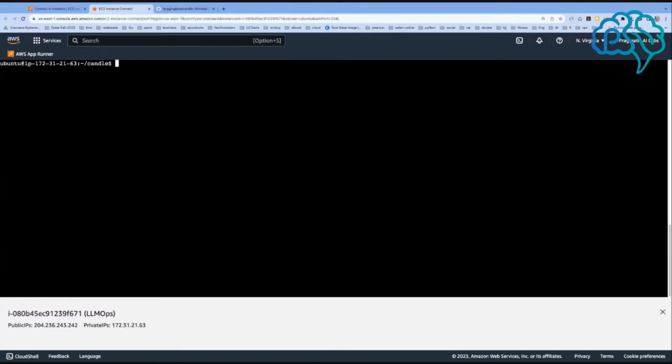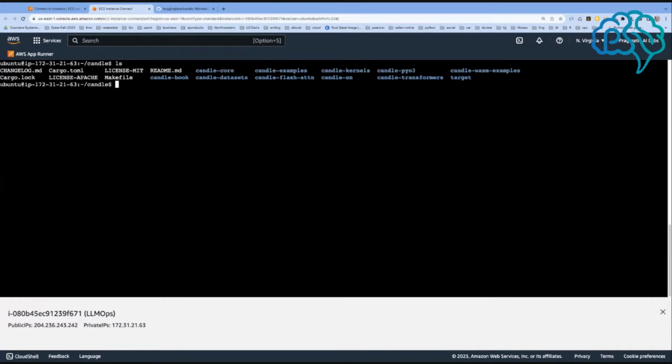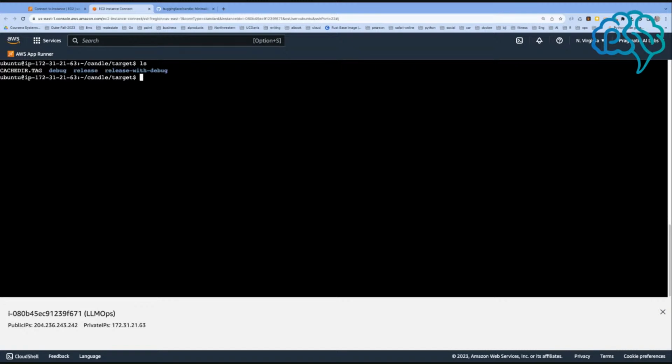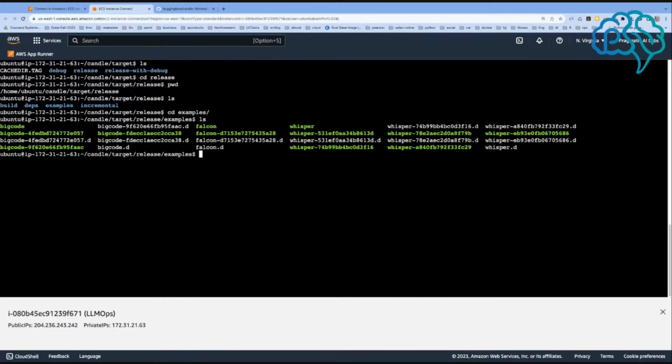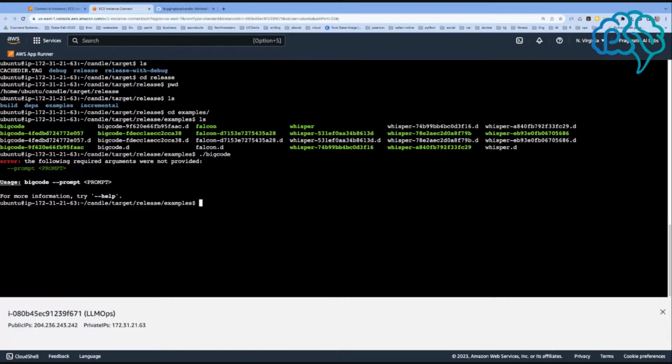So let's go ahead and cd into the target directory. You see how it says target? Let's go to target. And now we can go into the release. So we'll go into release. So your path would look like this: home, Ubuntu, candle, target, release. And then what we would do is look at the different examples here. So depending on how many you build, and notice I have one called Bigcode. So I just type in Bigcode like that. That's it. I got a large language